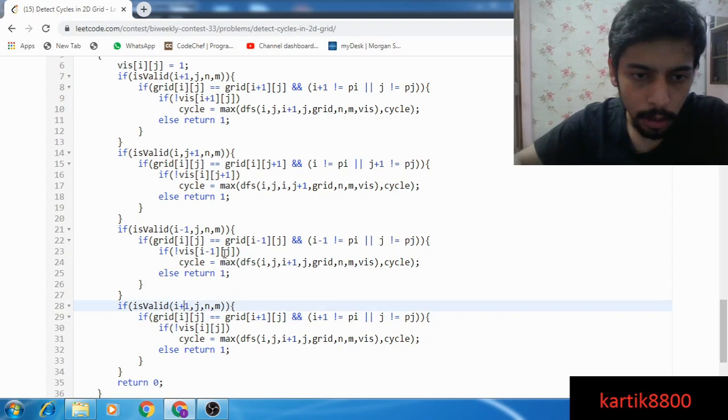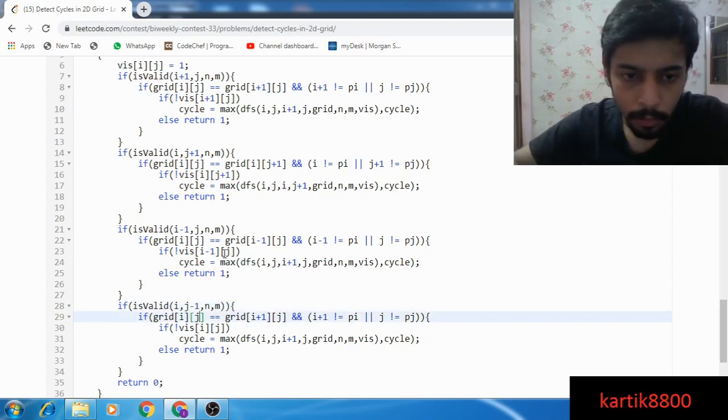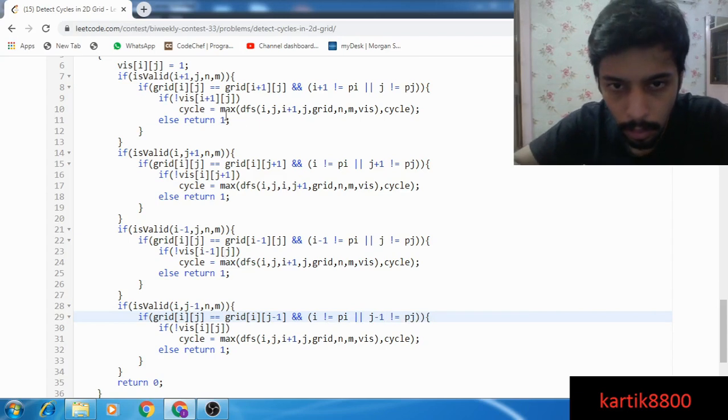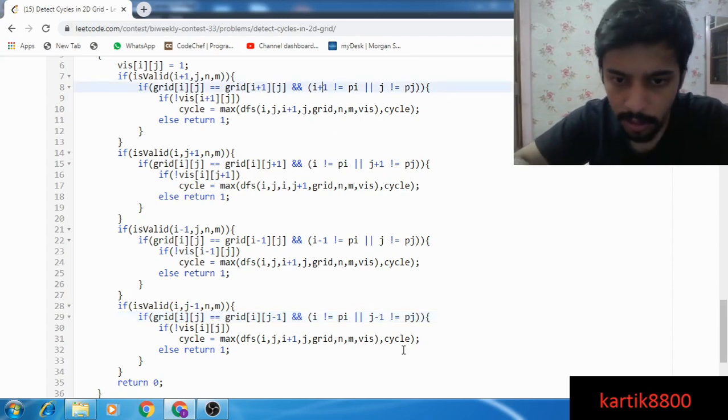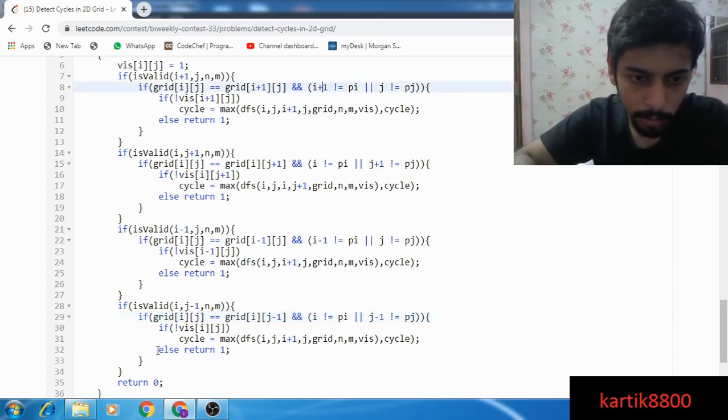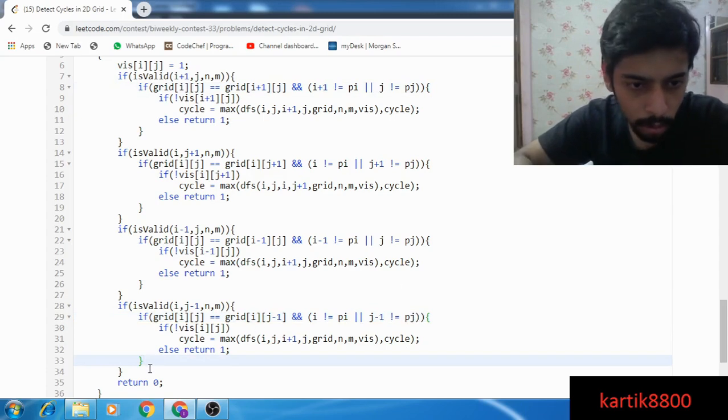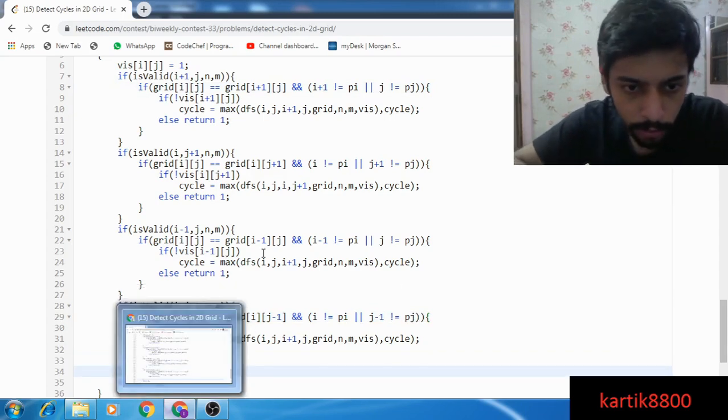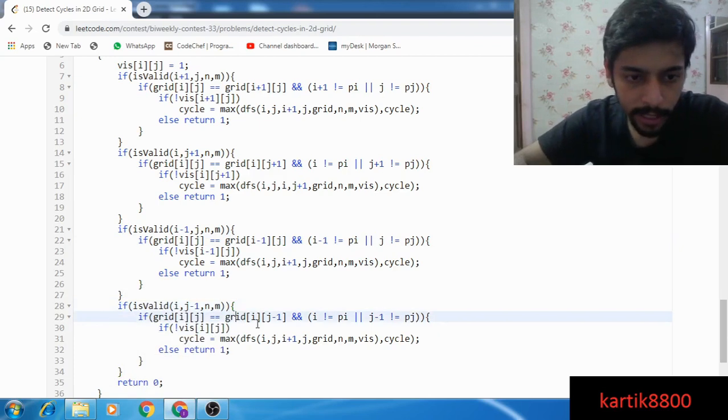If cycle... I must have made some mistake in this poorly written code. Sorry about this. We'll find it out anyway.